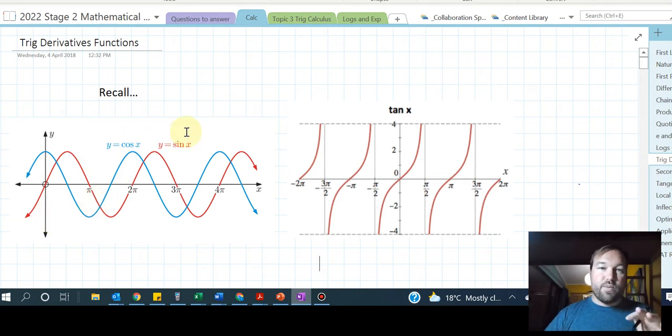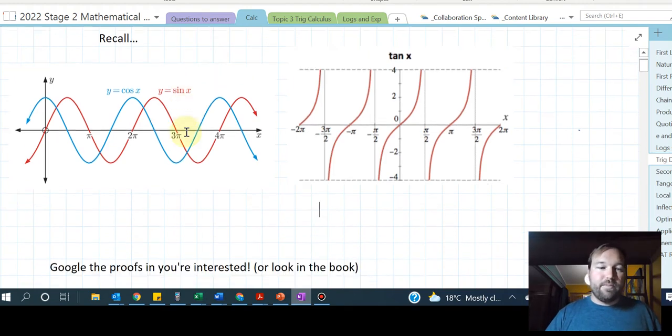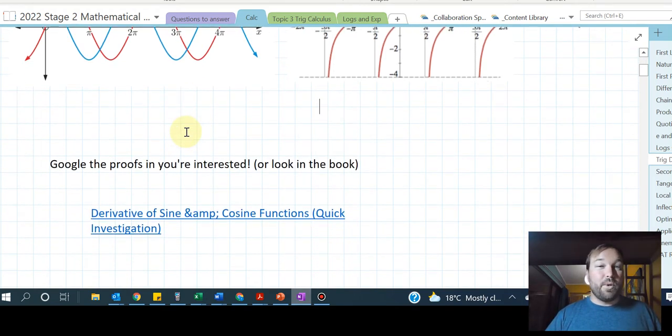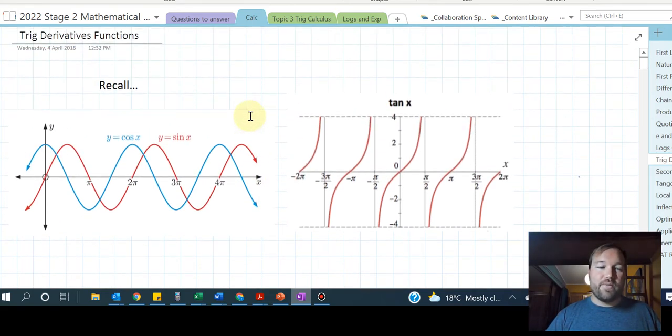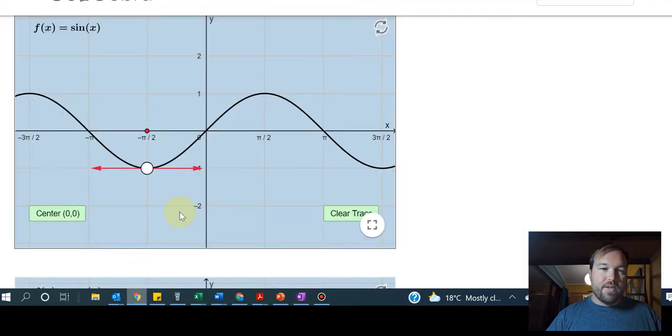Alright, in terms of the derivatives, the proof for the derivatives, you're welcome to look up, or in the book. The book one's not so good, so Google the proof if you're interested. But I think the best way to visualize how the derivatives work is to look at a graph of all of these functions. So what you're looking at here is the sine curve, and that red arrow is the instantaneous slope of the tangent. So right now, the slope of the tangent is 0,